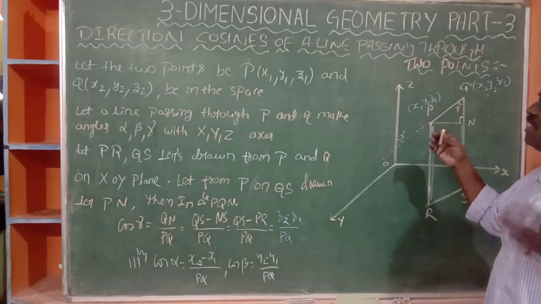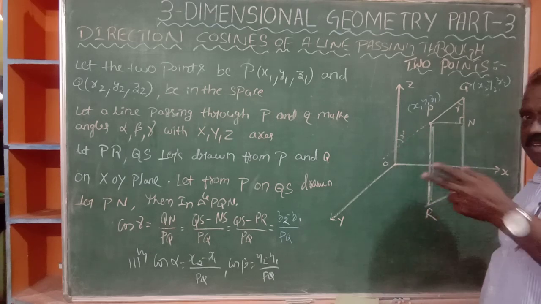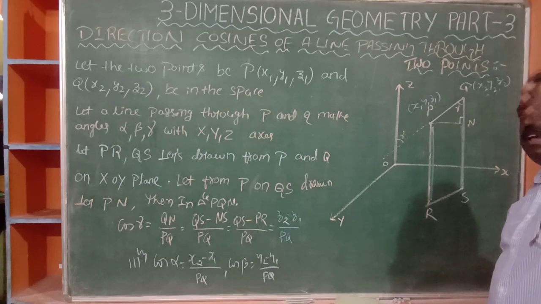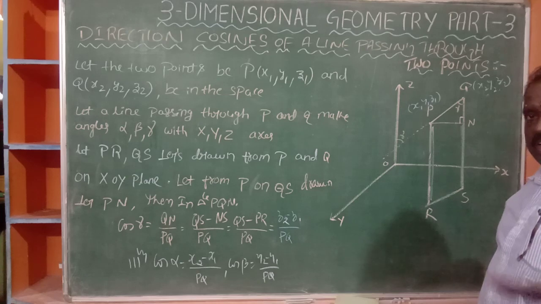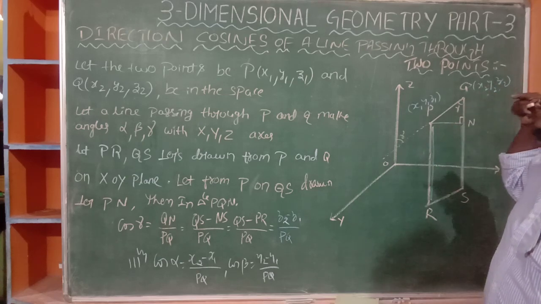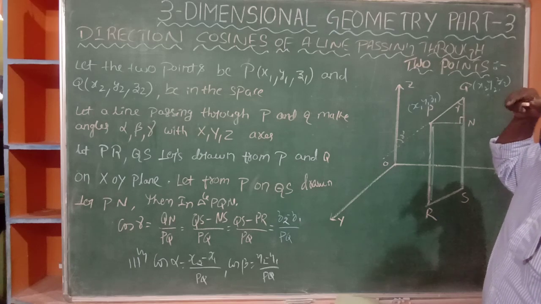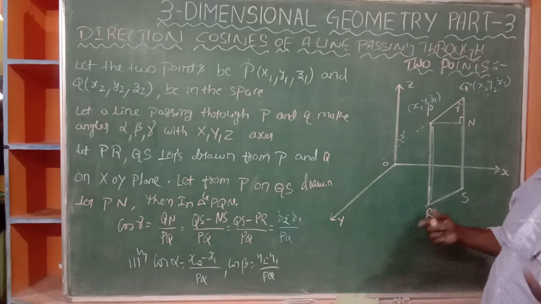That cuts the x-axis at some point. Then what is the angle? Gamma. In a different way, I told you, if you take a line parallel passing through the origin, like that also, we get the same angle. Otherwise, PQ is there. You produce the line, which cuts the z-axis at some point, we assume. Then that angle is gamma.